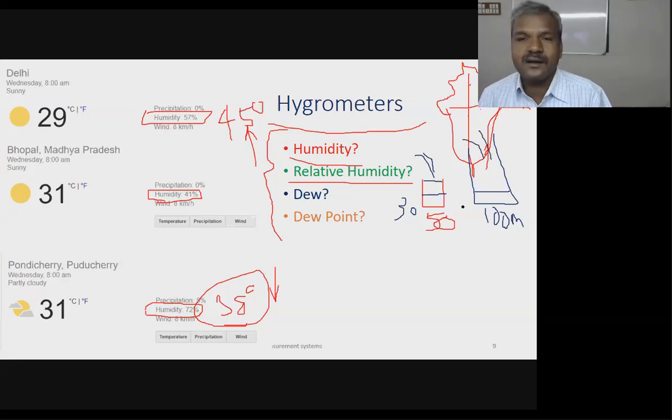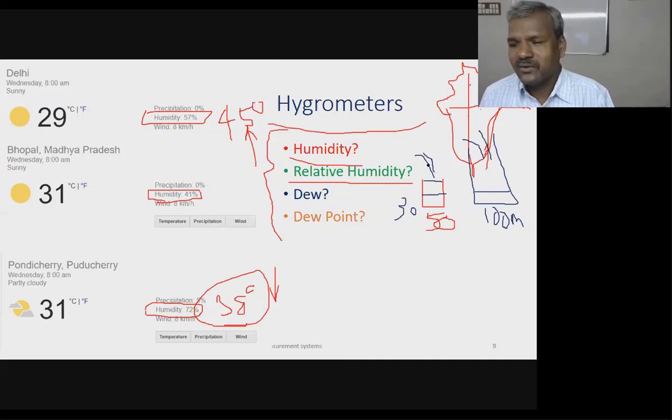Which cup will fill up quickly? The small container. So the 50 ml cup saturates immediately, whereas the 100 ml cup takes longer. So the warm air absorbs more humidity, that means vapor, whereas the cold air does not accept more. This is a simple example of the difference between cold air and warm air.